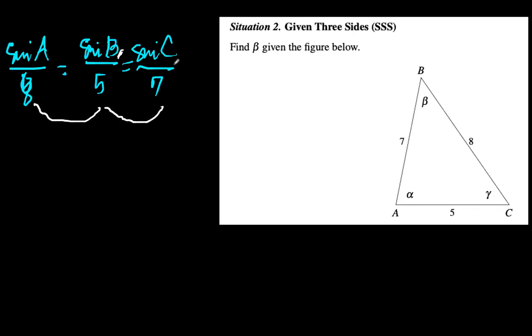There are two unknowns, B and C, so we cannot solve for B or angle B with the use of sine C, 7, and 5. So therefore, we cannot use this. However, let's try using the first or